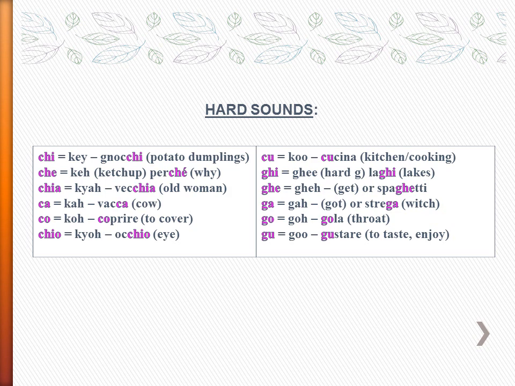Then there are the letter combinations that produce hard sounds. Every time you see these letter combinations in a word, they will be pronounced as indicated. Let's pronounce them together. Chi as in gnocchi, Che as in ketchup or perché, Chia as in vecchia, Ca as in vacca, Co as in coprire,